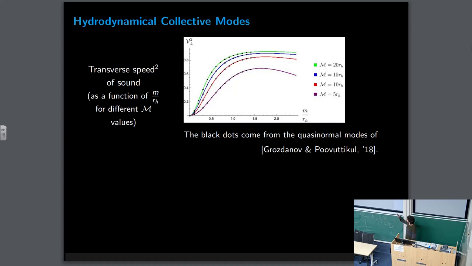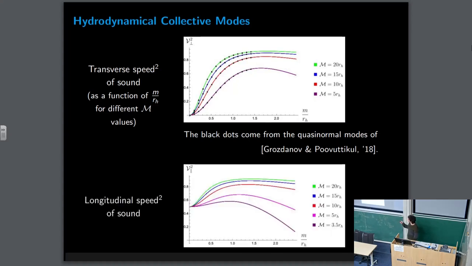The black dots here come from the computation by Grozanov and Povotikul, so we can see at least that the quasi-normal modes agree with ours, so as was suspected, the problem comes from their constitutive relations. In addition, we have the longitudinal speed squared of sound, which is quite similar, with the important difference that when we send the density to 0 and we decouple the elastic degrees of freedom, we still have a longitudinal mode